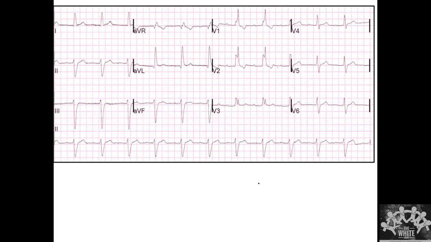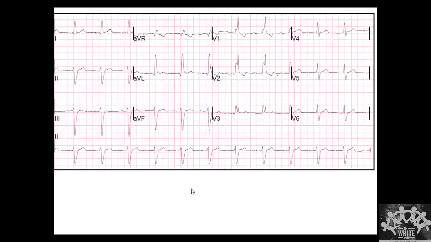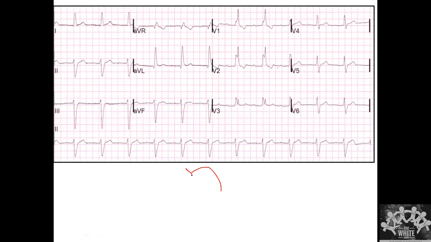Someone asked me to repeat one part of it. So this is my left anterior fascicle. This is my left posterior fascicle. This has to be a little imagined. If this is blocked, the current comes like this and has to go like this. So this is left anterior fascicular block. If there is exact opposite, if this is blocked, then this is the direction it is going to come. It has to activate like this and then come like this. So this is right axis deviation in left posterior fascicular block. So this is what happens essentially.